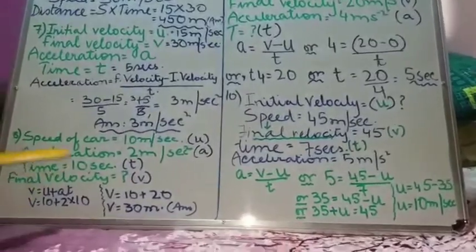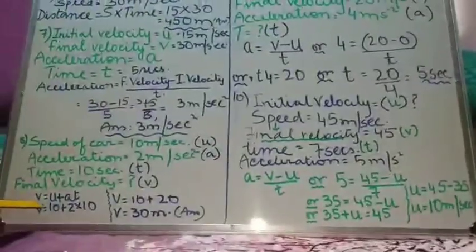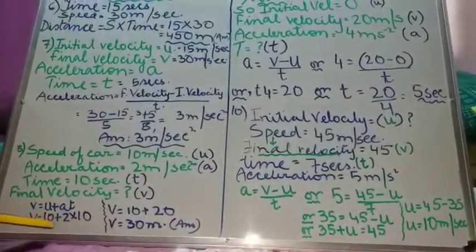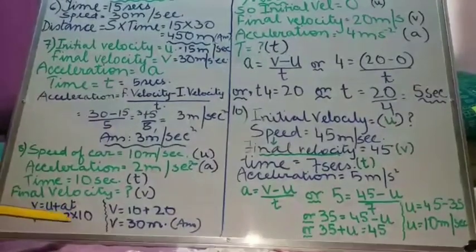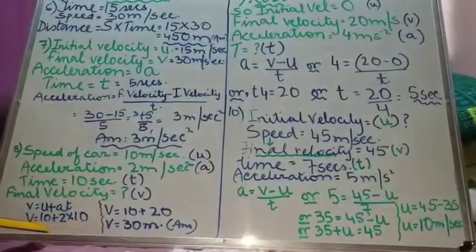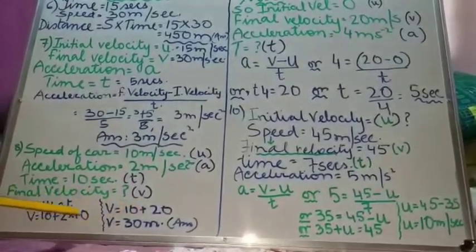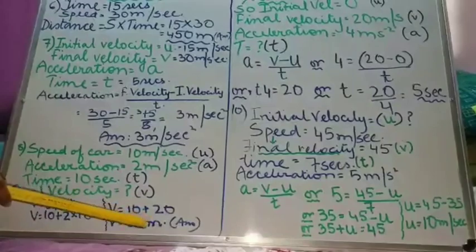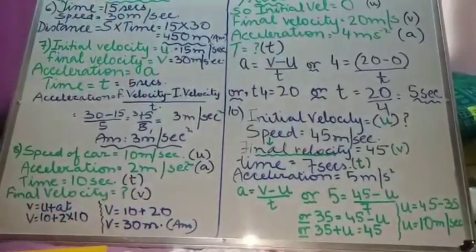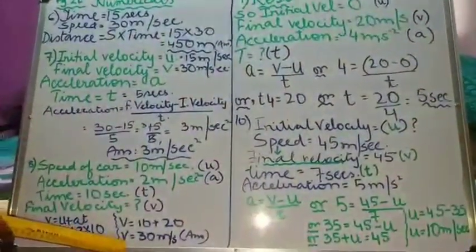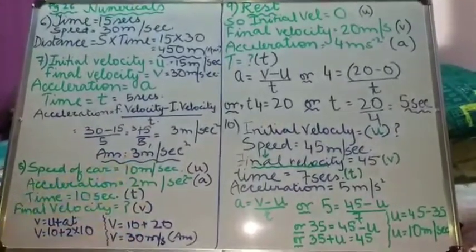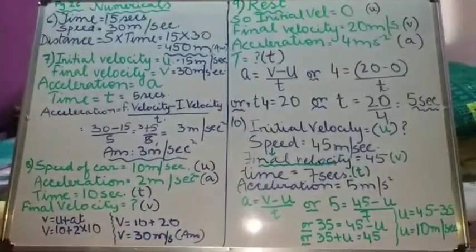We are going to use a new equation. V is equal to u plus at. V is final velocity, u is initial velocity, a is acceleration, 2 meter per second square, and time is 10 seconds. That means 10 plus 10 into 2, that is 20. That means 30 meter per second. I have forgotten to write meter per second, I will write it just now. Now what is v? V is the final velocity, that is 30 meter per second. I hope you all have understood, velocity we write in meter per second.